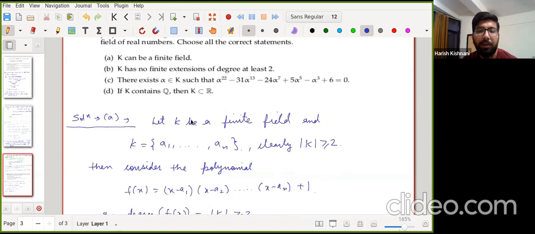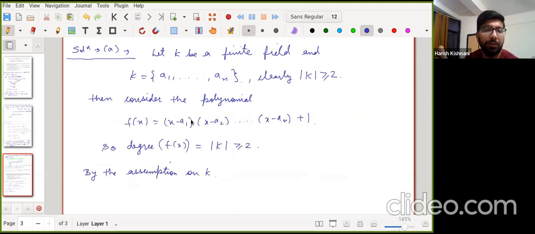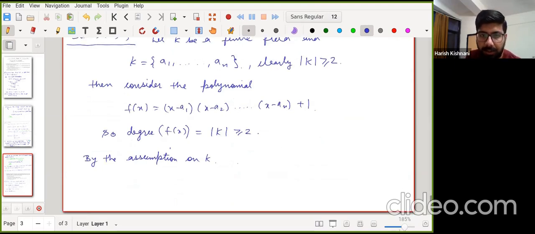So if you have a polynomial of degree greater than or equal to 2, then this polynomial has to be reducible by the assumption on K. So f(x) must be reducible in K,